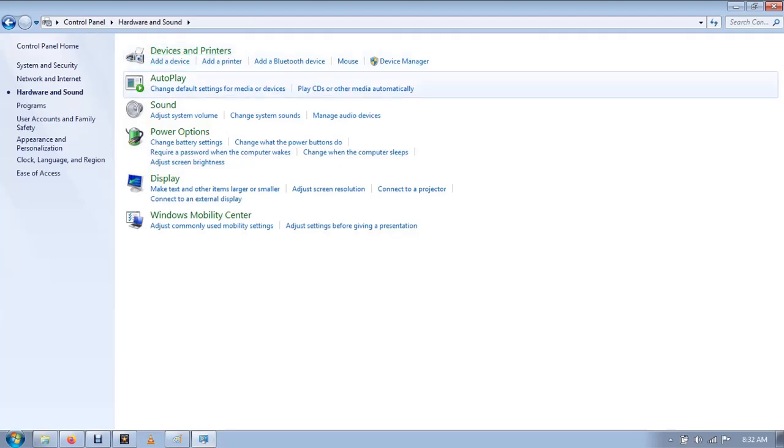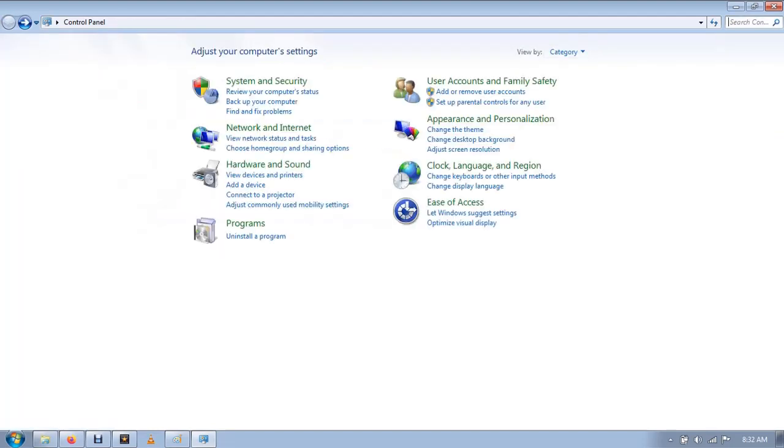So here, devices and printers. You can add a device, you can add a printer. If you have a Bluetooth device, you can add a new Bluetooth device, mouse, and there's a device manager. Don't open all this. Then autoplay, sound, power options, display. Then last is Windows Mobility Center. Next